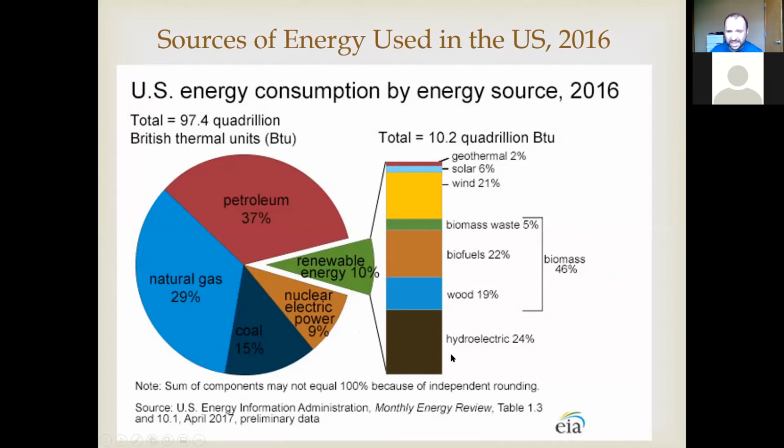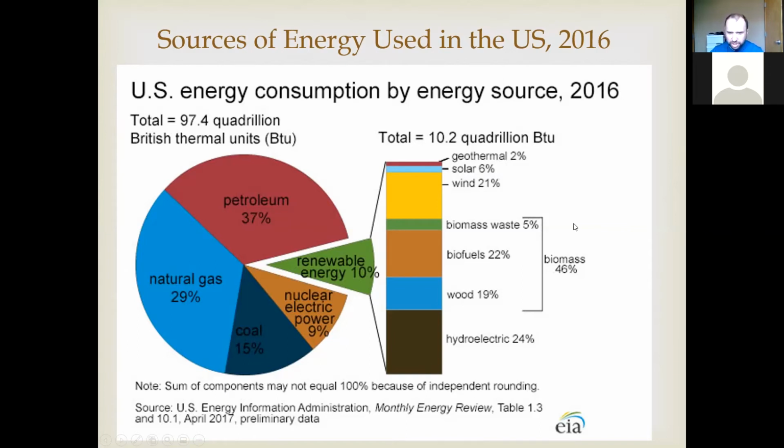And within that, you can see we have geothermal, again, a very small percentage, 2%. Even solar is a very small percentage, only 6% out of that 10% slice. So we're talking not much, right? We hear all this talk about solar, and it's becoming more common, but it still makes up a very small percentage of the United States energy. Wind, 21% of that 10%, right? Dams make up 24%.